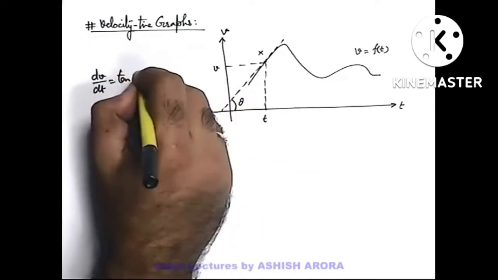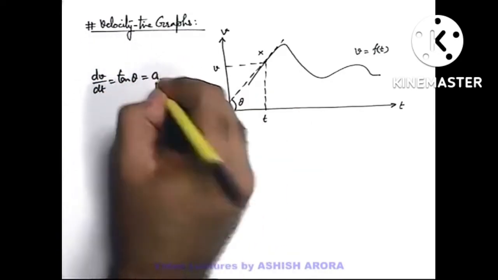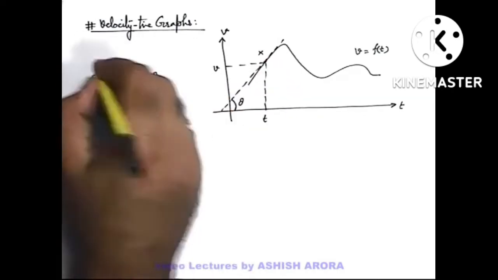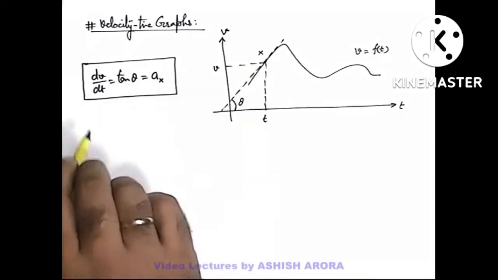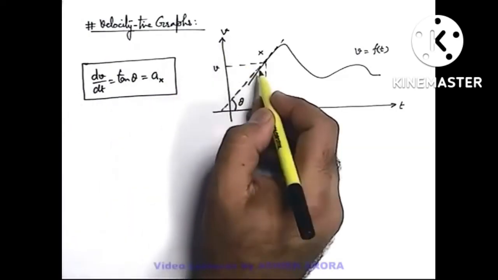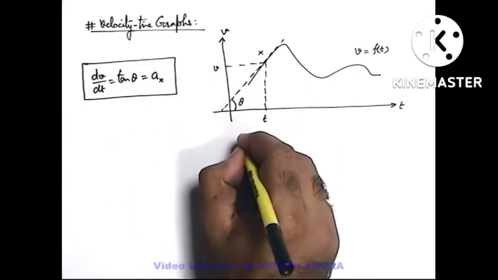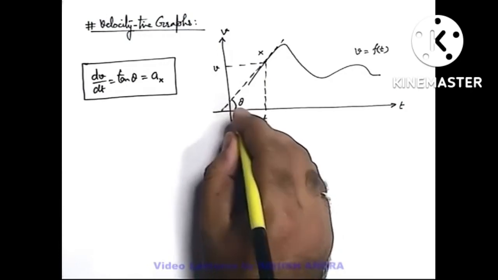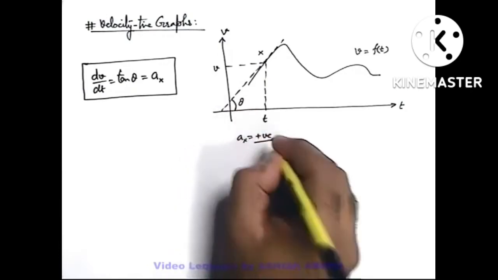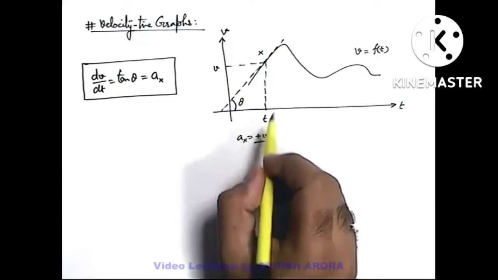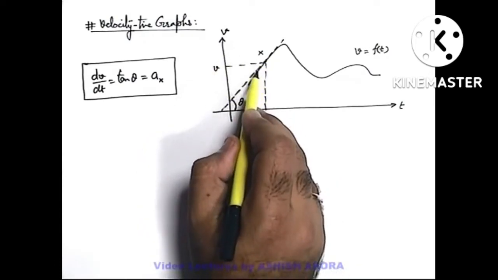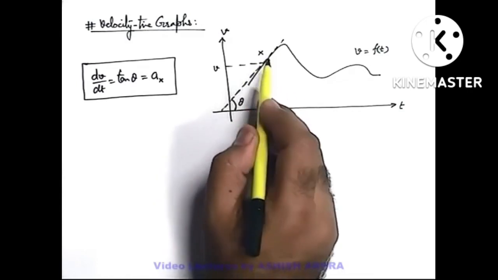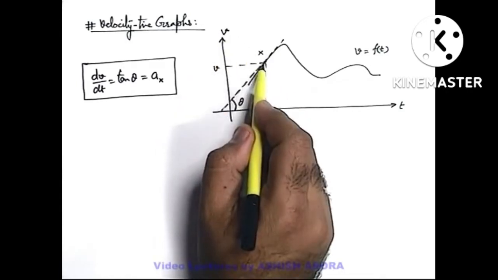or it can be written as tan theta. And here the slope is giving us the acceleration of particle at the position x. So always remember that the slope of velocity time graph gives us the instantaneous acceleration. And if a slope is positive, like here you can see acceleration at point x, it is tan theta, and theta is acute angle, this can be taken as positive acceleration. Positive acceleration means the velocity and acceleration have same direction, and you can simply state the speed of particle is increasing, or the magnitude of velocity is increasing in this case.